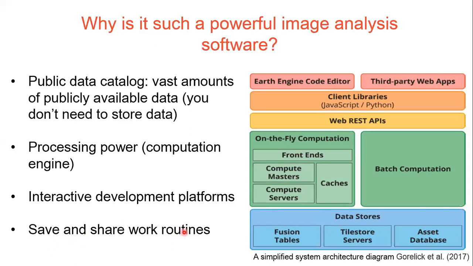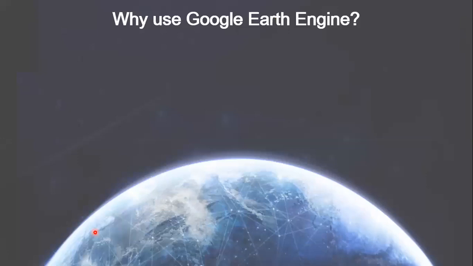In QGIS, you need to install third-party software to share your work with some other client. But with the help of Google Earth Engine, you can share your work with a single click. So at the end of this basic introduction, a question arises: why should we use Google Earth Engine when we already have traditional software like ArcGIS and QGIS?